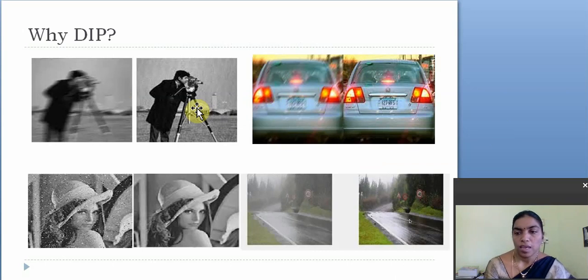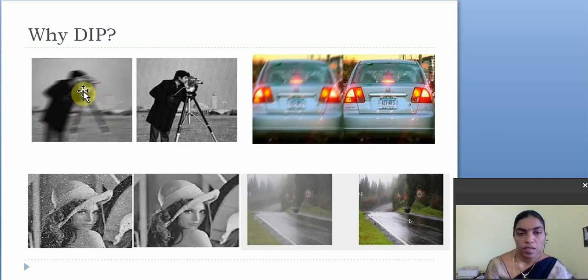So why digital image processing? Here observe certain examples. The first one, see this. If you observe this image, this is an image not satisfactory to the user. Am I correct?